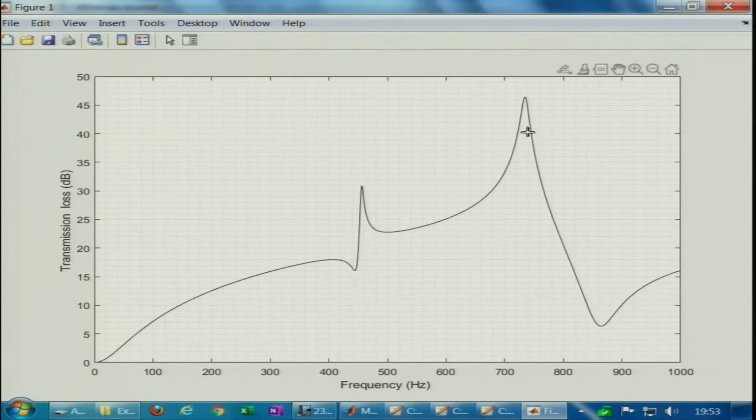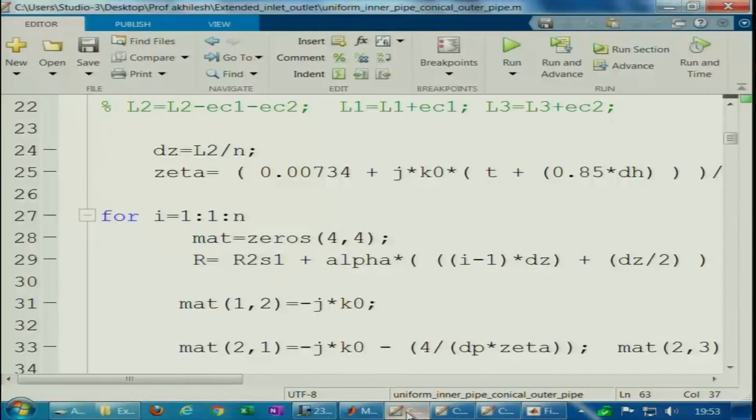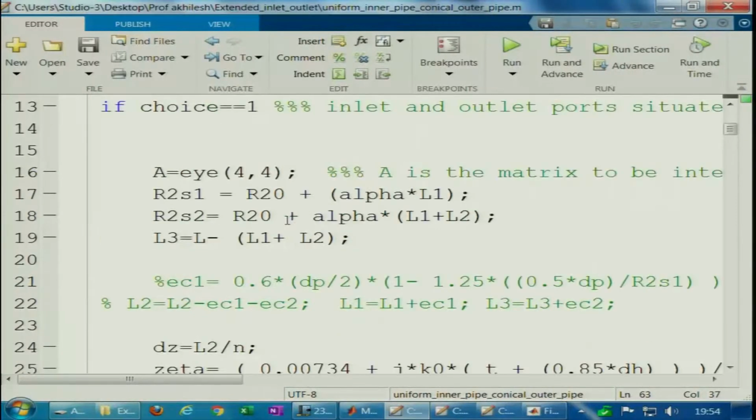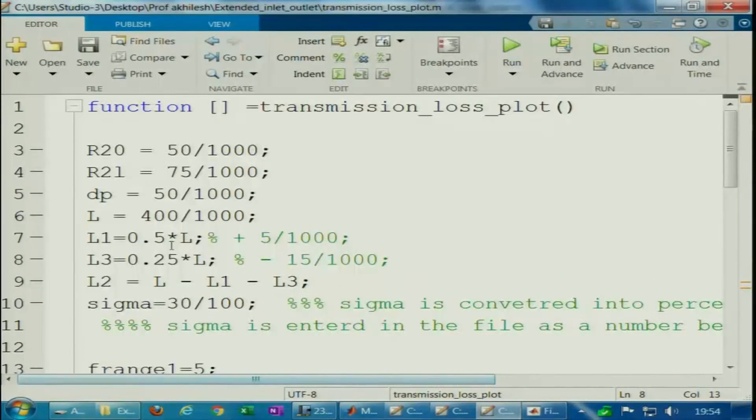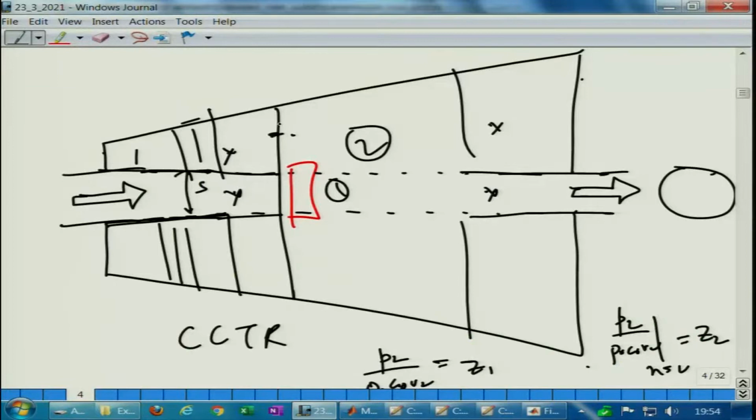There are a number of ways in which we can mitigate the problem. The first approach is basically to do an iterative approach rather than an analytical solution, because that would be very tedious. Let us comment out this and go back to this figure. You will realize that the effective length of this cavity will be shorter than L by 2, because it is a gradually varying area duct. It is no longer L by 2, it is actually shorter.